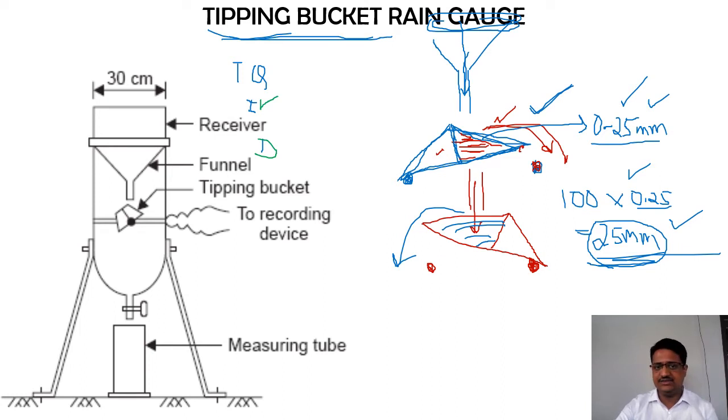So just for the sake of explanation, imagine this is also the total time that I am going to take, let us say 24 hours, that is one day. Okay, so within this one day, right now we say 100 tippings have occurred and the total amount of rainfall is 25 mm. Now if you want to check out the intensity of rainfall and the duration of rainfall, when that has started, because there may not be a case where the rainfall is occurring throughout this 24 hours, right? So out of this 24 hours, let us say only 6 hours the rainfall might have occurred, because of which this 100 tipping might have occurred.